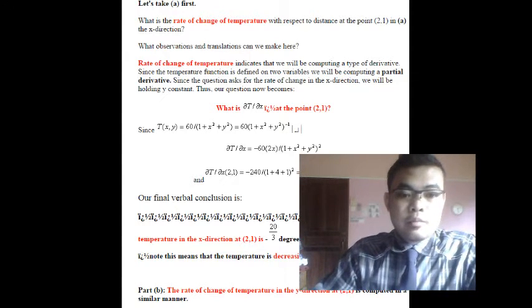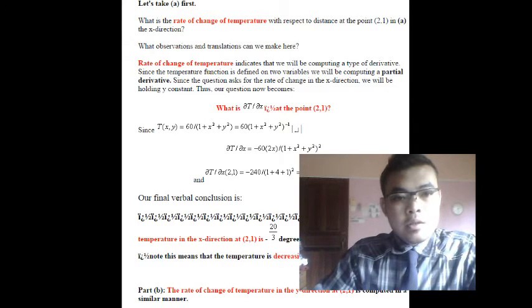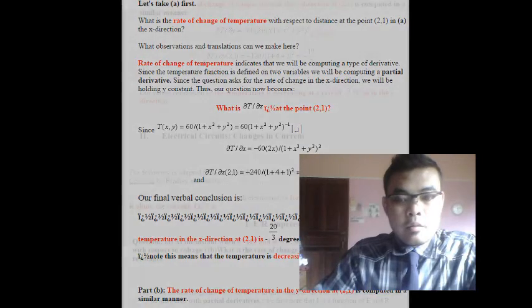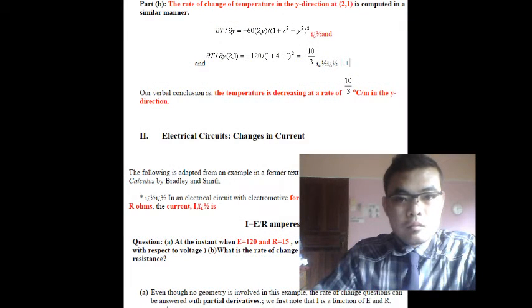Part B: the question asks for the rate of change of temperature in the y direction at (2, 1), which is computed in a similar manner. We go to the next slide. delta T over delta y